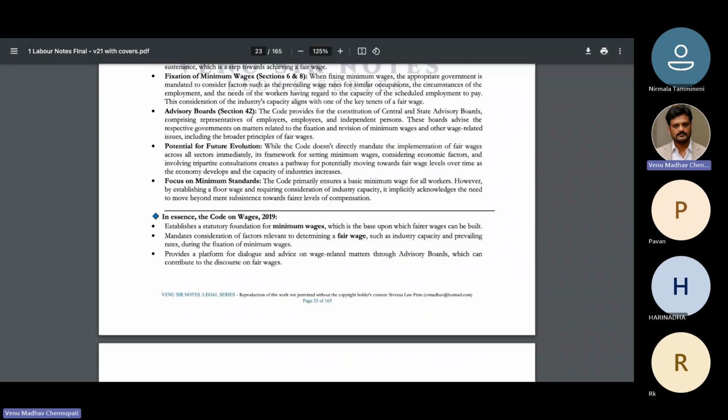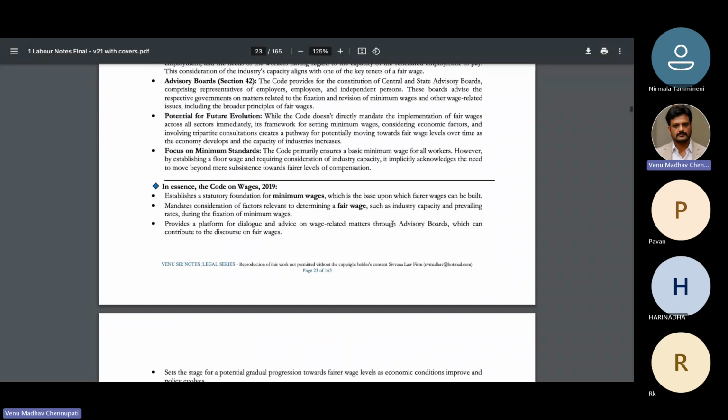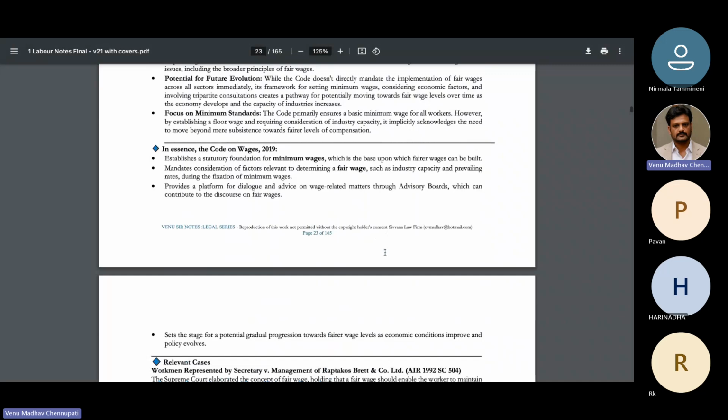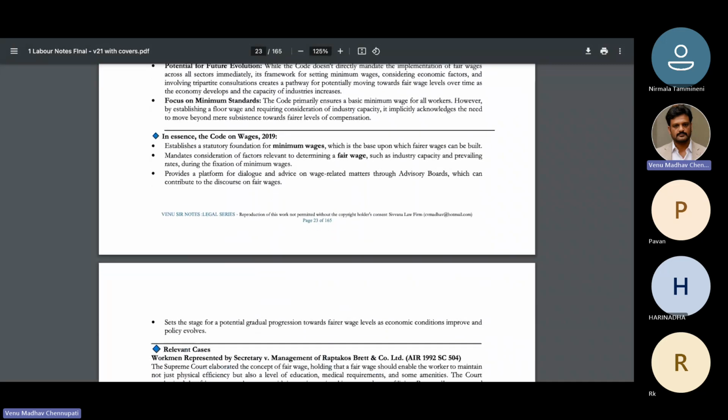The code primarily ensures a basic minimum wage for all workers. However, by establishing a floor wage and requiring consideration of industry capacity, it implicitly acknowledges the need to move beyond subsistence towards fair levels of compensation. So in essence, the code of wages establishes a minimum wage, upon which fair wages can be built, and mandates consideration of factors such as industry capacity and prevailing rates during the